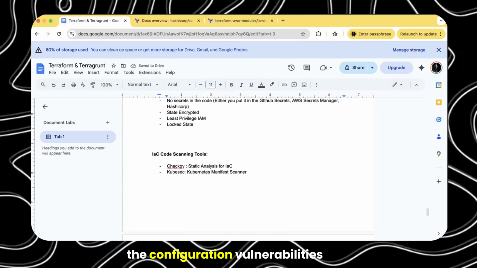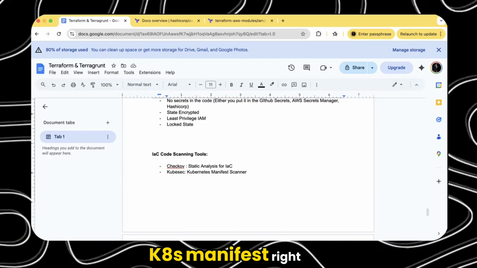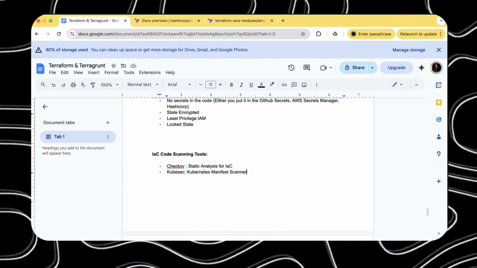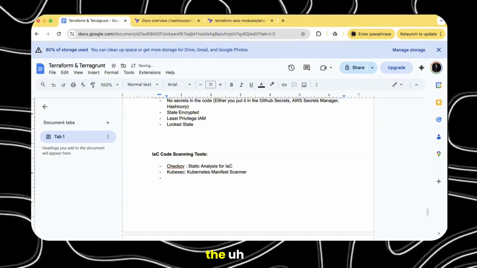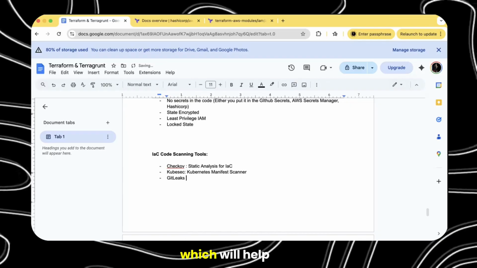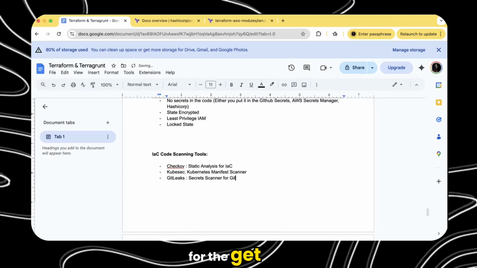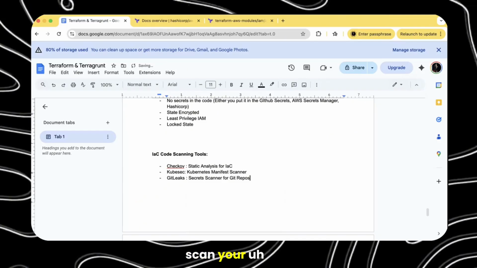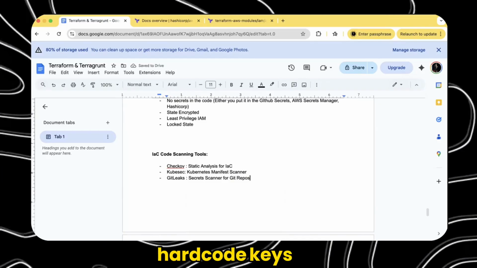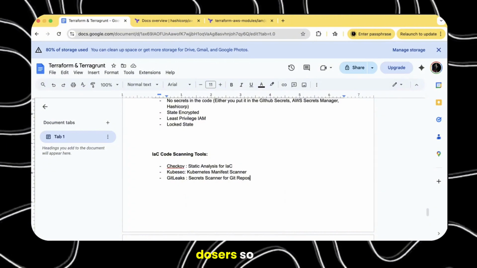It will score the configuration vulnerabilities in the K8s manifest. There's also a scanning tool known as Gitleaks, which is basically a secret scanner for Git repos. It detects hard-coded keys, passwords, tokens, and anything like that.